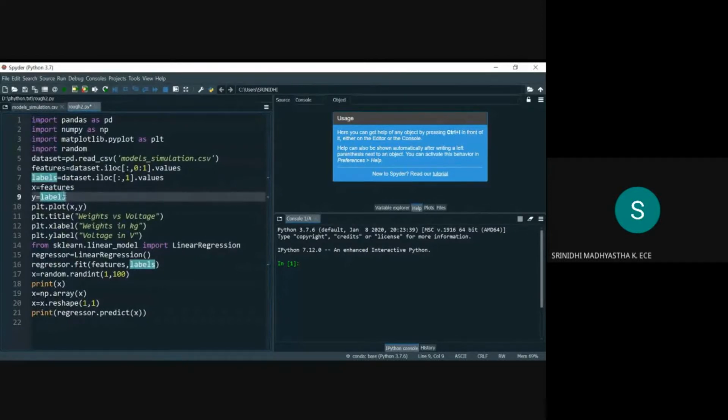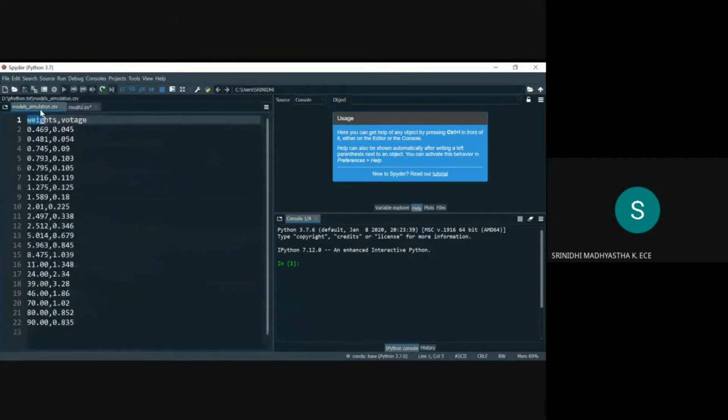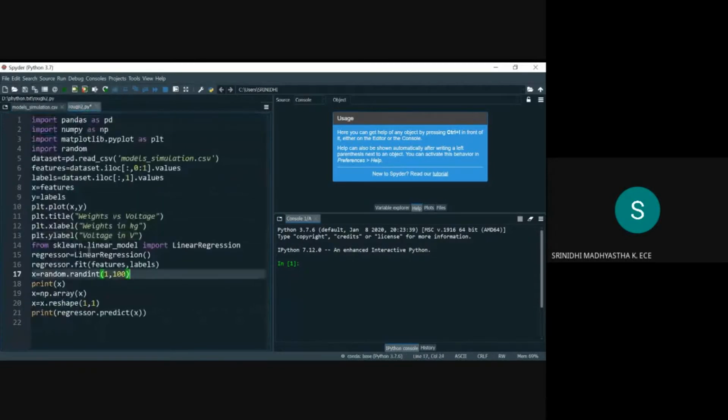Plot X comma Y. The title of the graph is weight versus voltage. The x-axis is labeled as weights in kg and the y-axis is labeled as voltage in volts. Now we have to model this data, so we use scikit-learn with linear regression modeling.